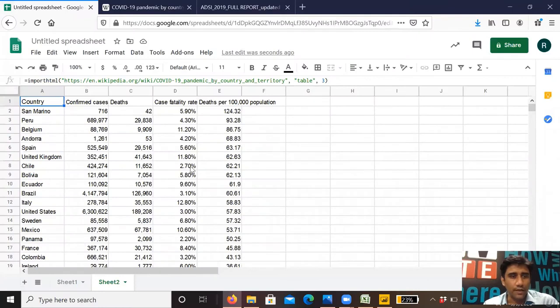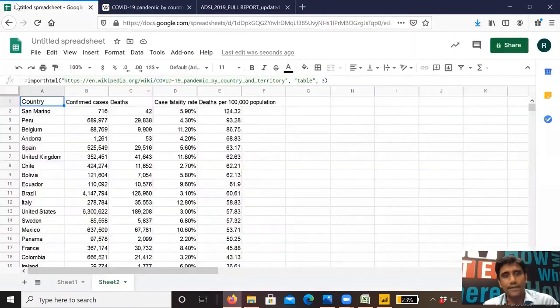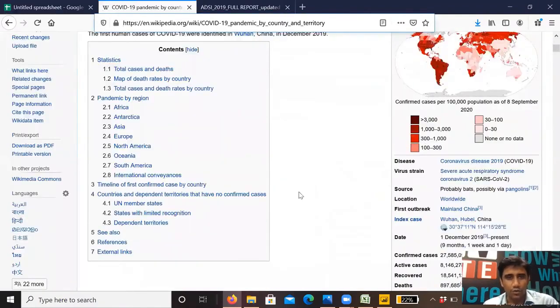So another neat feature about this Google Spreadsheet command is that this is dynamic in nature. What that means is that every time the data is updated on the web page, it will directly reflect in the spreadsheet. The limitation, however, is that it works only with HTML tables. The consolation is that Wikipedia always has tables in the HTML format. So do the UN websites that are there, WHO, World Bank, all of them have normally on the website tables